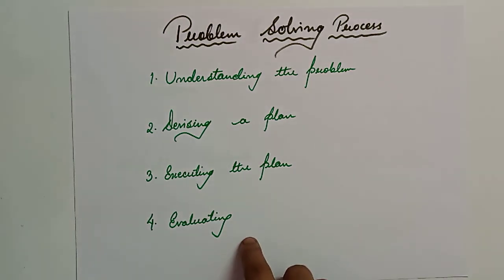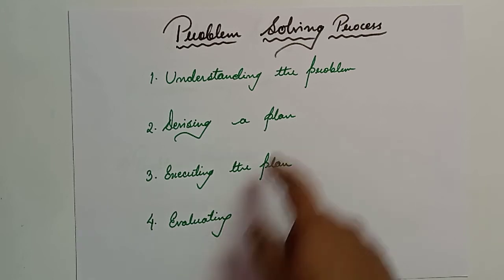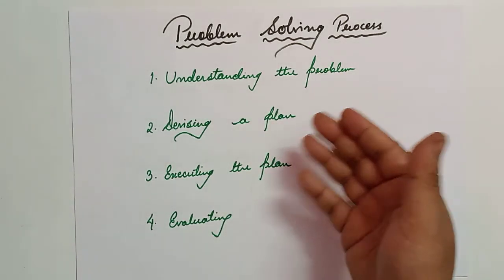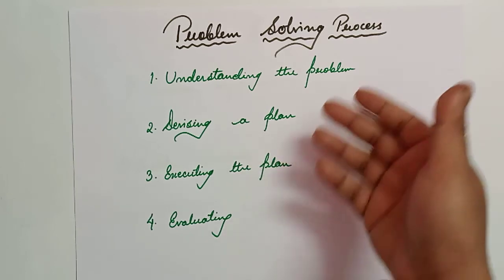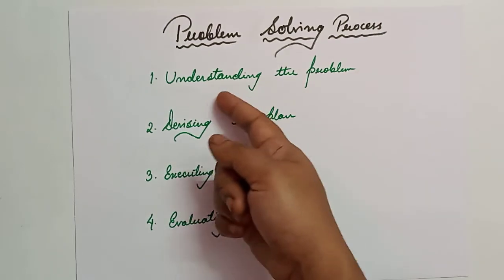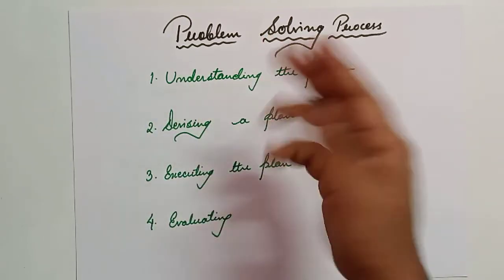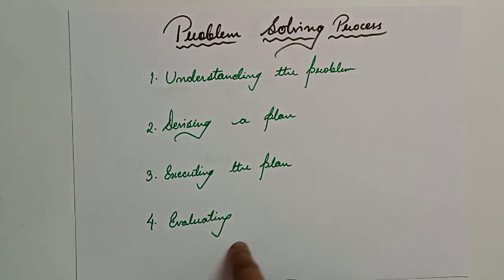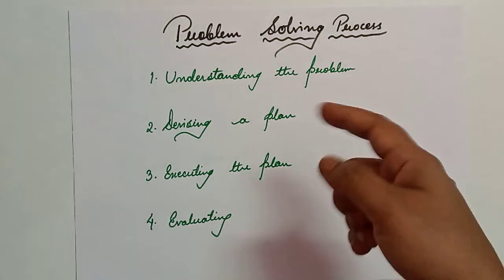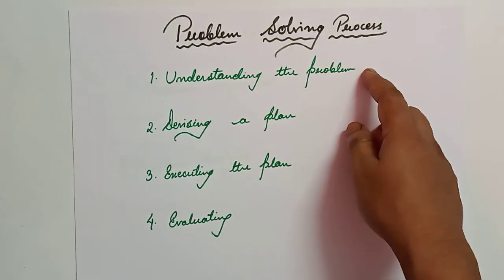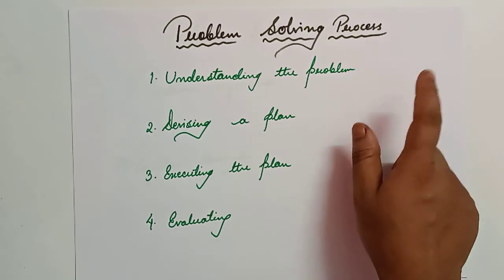Next, after executing the plan, next comes what? The evaluating. Finally, the result should be examined in order to make sure that it is valid and that the problem has been solved completely. So we have first defined the problem, we have devised the plan, we have executed the plan. While we were understanding the problem, we checked both the things: what is the input data and what will be the output data? Now while we are evaluating, we should see that whatever output we are getting is according to the definition of the problem or not.